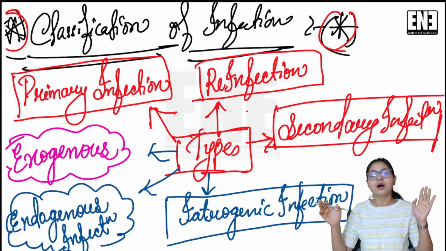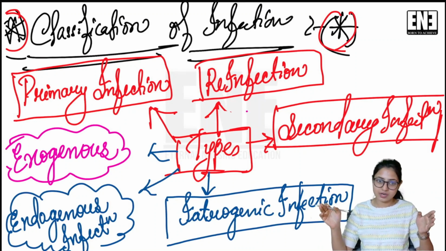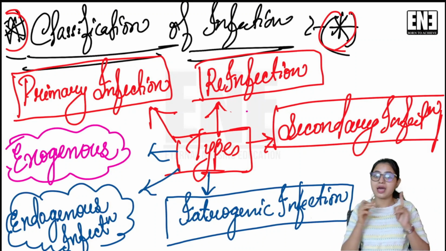Basically there are 7 types of infection we're going to study today. That is first your primary, secondary infection, reinfection, iatrogenic infection, endogenous infection, exogenous infection. Another is your